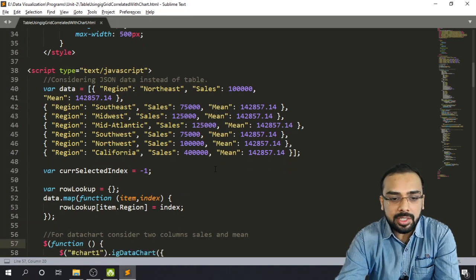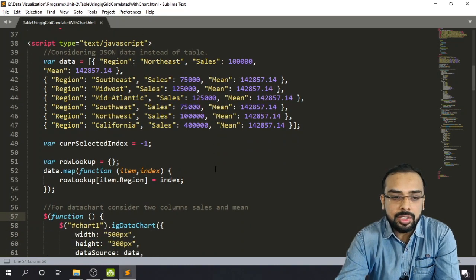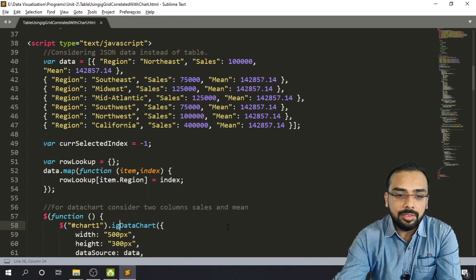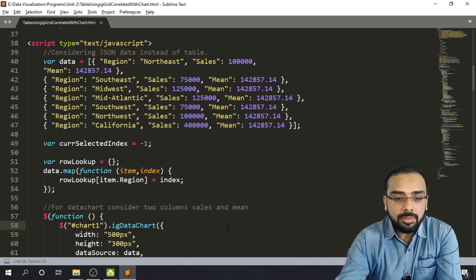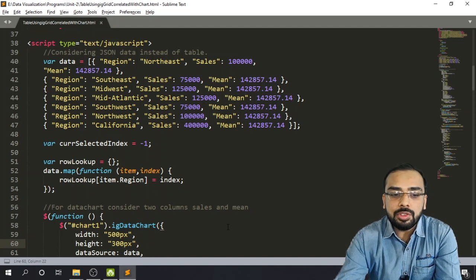So let us consider a data chart. For that we are creating a function, and inside this function we are referring to our chart one, and on this chart we want to create our chart. So for that we are having a function which is named as IG data chart. Now we are specifying the width of our chart, height of our chart, and also we have to specify the data.